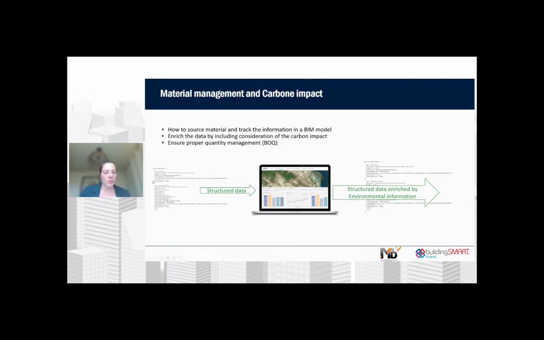So if you remember, I showed you quite a scary line of code here for the structure data. And what if these elements are also implemented and enriched with some element regarding the carbon impact, for example? Because your model, after having been built, has to be alive to follow the life cycle of your physical infrastructure. Otherwise, you just did a BIM model with a beautiful IFC, but that is not clever enough to be usable.